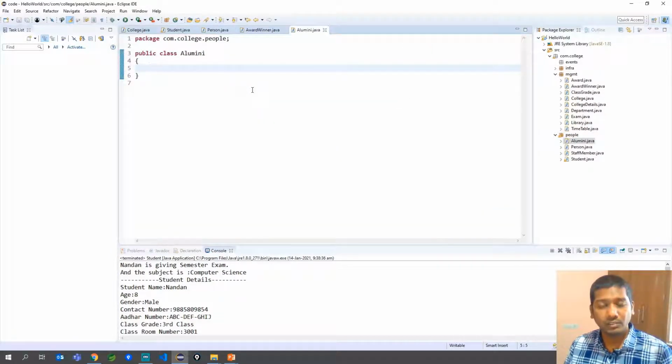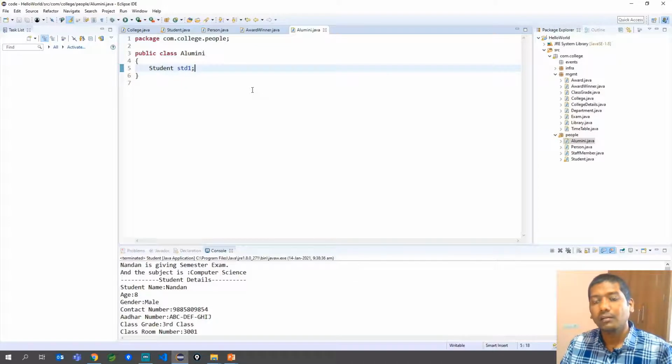Here we are using student as a data member and we are not extending the student.java. This is called using a class as a data member in another class. Ideally, in an alumni, you will have a huge number of students.